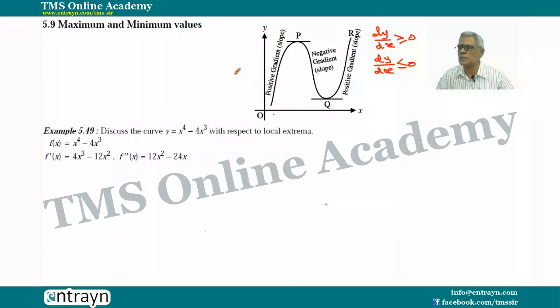For example, assume that y is equal to f of x is any function, and this is the graph of the function y is equal to f of x. So this function reaches a local maximum at the point P, and the function reaches a local minimum at Q. The condition for the function to attain a local maximum is dy by dx is 0